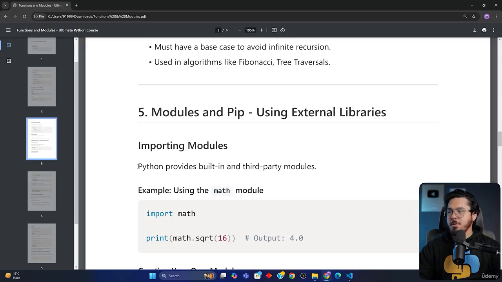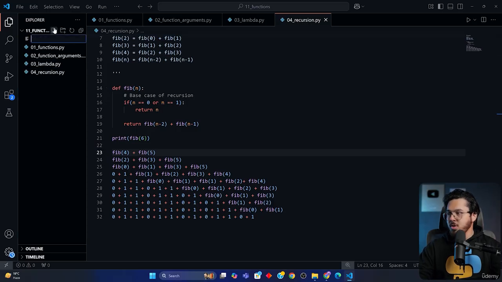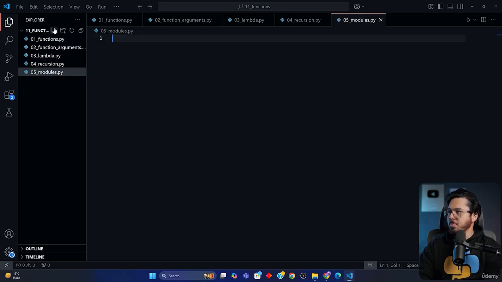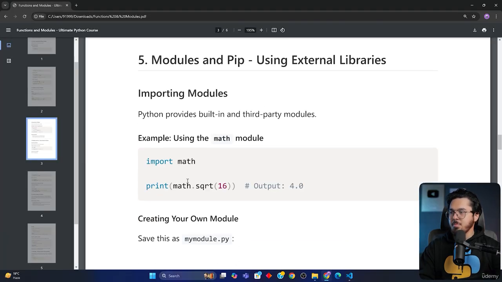So we can import modules in Python, and importing a module means we are using somebody else's code. Let's create a new file called 05_modules.py, and what we'll do is simply write an import keyword. Import is a keyword in Python that helps us import somebody else's code. Let's say I write import here, and then I can write the name of a module like math, and math will